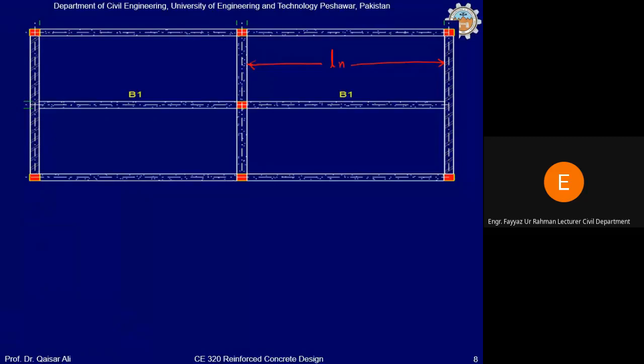Okay, this beam has a clear length of ln। अगर आप इसकी सेंटर टू सेंटर लेंथ को कैलकुलेट करना चाहते हैं, तो बस आप इसके साथ ही सपोर्ट्स के विड्थ जो है, हाफ विड्थ ऑन दिस साइड, हाफ विड्थ ऑन दिस साइड, आप इसके साथ ऐड करें। यू कैन आल्सो गेट द सेंटर टू सेंटर लेंथ। अच्छा, सेंटर टू सेंटर लेंथ विल बी रिक्वायर्ड फॉर द एनालिसिस। जो आप फॉर एग्जांपल एनालिसिस करते हैं WL²/8, उसमें आप सेंटर टू सेंटर लेंथ को पुट करेंगे। एंड फॉर द कैलकुलेशन ऑफ बी इफेक्टिव वी नीड ln, दैट इज द क्लियर लेंथ ऑफ द बीम।